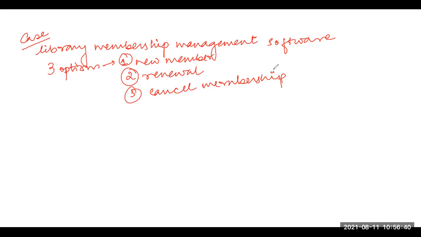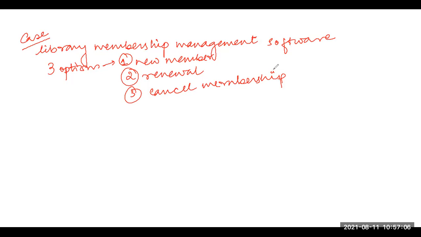Suppose I have taken an annual membership of 300 rupees and I am leaving in between, after 6 months. Maybe there's a policy of this company that they will return half the membership if anyone leaves midway. So this amount needs to be refunded by the company. So the balance amount which is due to the member is printed, and then his membership record is deleted.